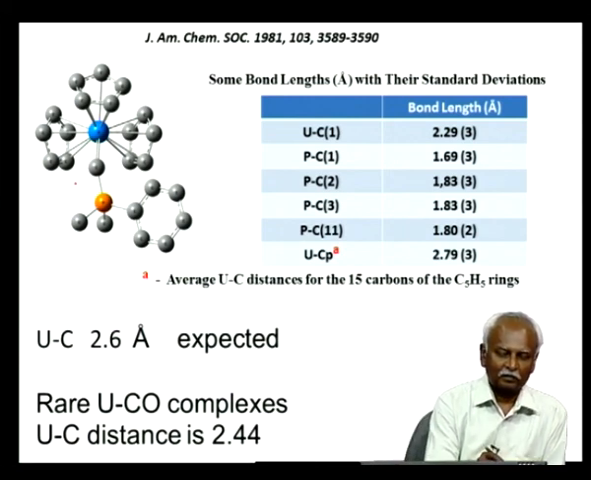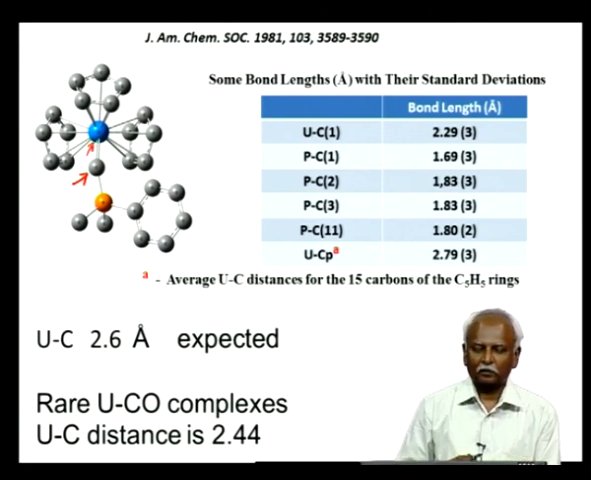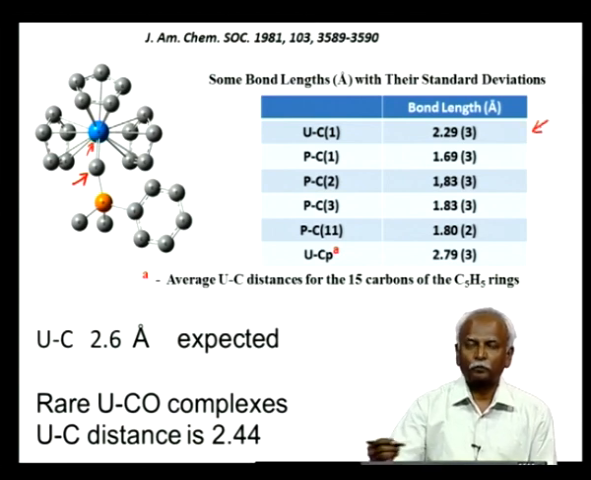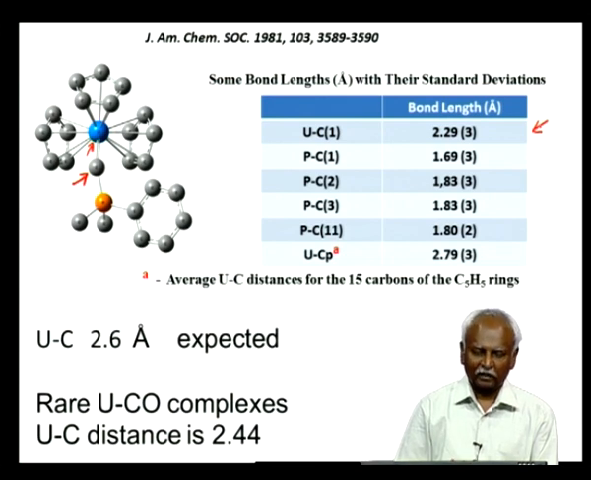This is the carbon distance. This is the carbon that we are talking about, and this is the uranium atom that is present in the structure, and this distance is around 2.29 angstroms. So, there are instances where you can form short uranium carbon contacts, and these are indicative of the fact that